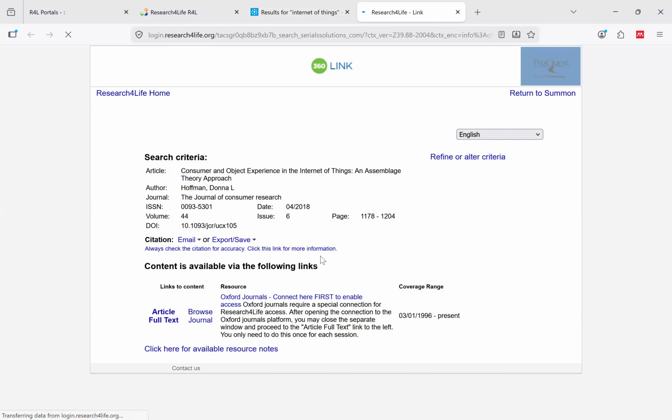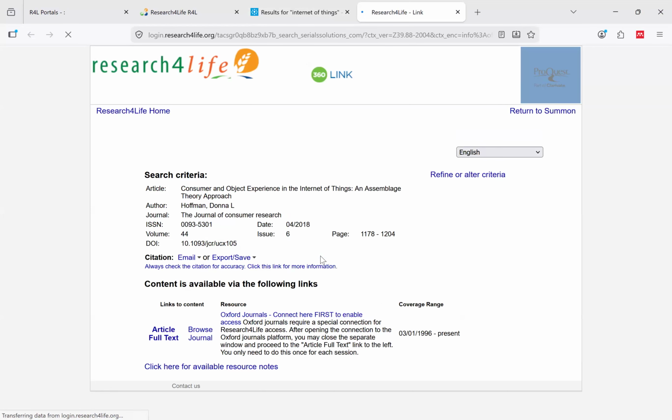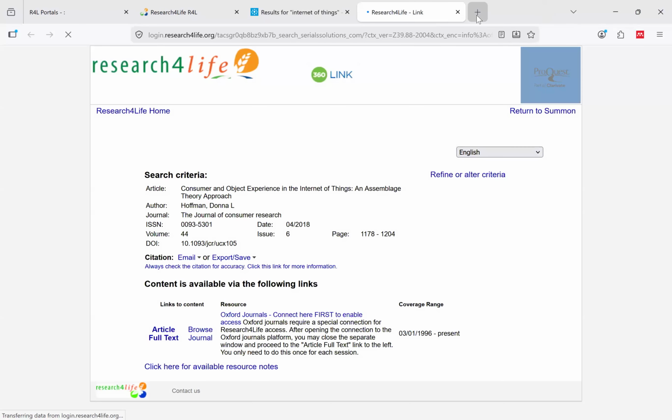This article is from Oxford Journals, but it doesn't have a direct PDF. It has article full text. So I'll click on article full text for my article to download. I'll not wait for it to download, but ideally it should be downloading, in the interest of time. I'll close that and go back to my search results.